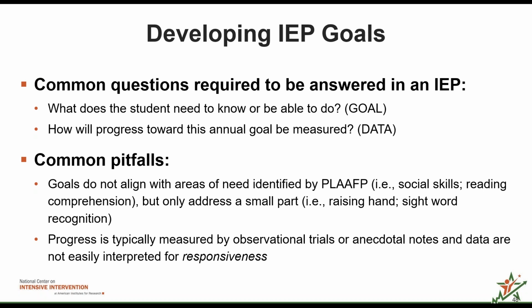The other thing that we've seen as a common pitfall is that they only address a small part of it, right? So they might have a broader reading comprehension issue, but we're only looking at sight word recognition as the area that we're going to collect information about or write our goal about. We also see that progress is measured either by observational trials or anecdotal notes, and data aren't able to be interpreted easily. Those data in particular aren't able to be interpreted for responsiveness. As Faith was mentioning, we really want to make sure that we can make defensible decisions around whether or not a student is